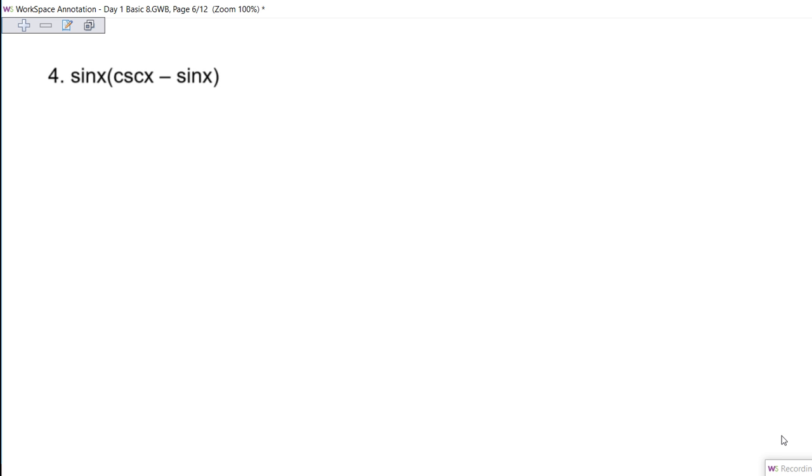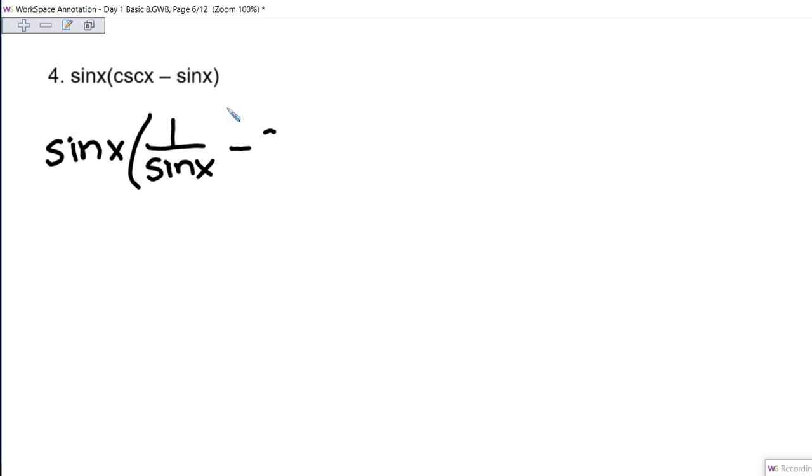Now for number 4. First thing, see if you have a Pythagorean identity. Do you see a 1? No. So we don't have a Pythagorean identity here. So if you don't have a Pythagorean identity, what I would probably offer up is to change everything to sines and cosines. So let's keep sine of x. Instead of cosecant, how could I rewrite that using sine or cosine? 1 over sine of x